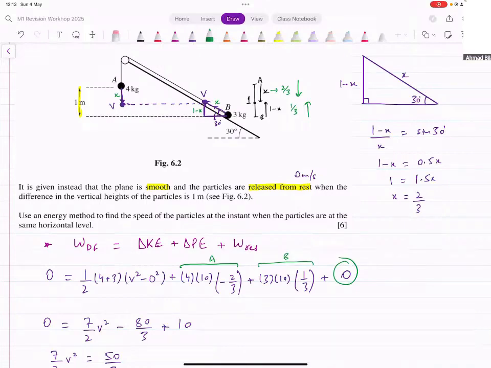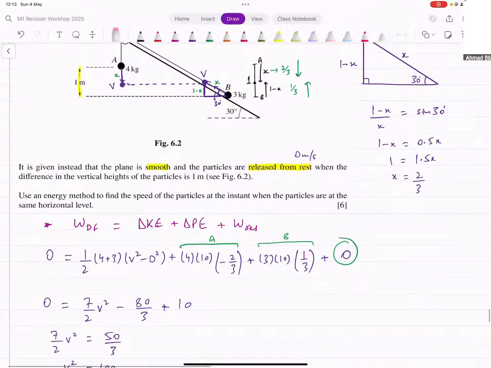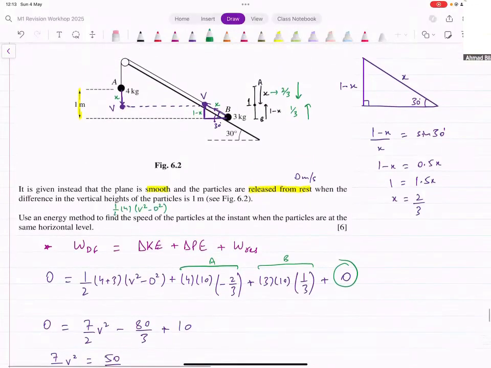Whatever speed A is moving at, B is also connected to that, so B is moving at the same speed. So we can consider that together for both of them. If you want, you can also do it separately. You could also do half into 4 into v² minus 0² for A, and then half into 3 into v² minus 0² for B separately. That will work. But since the speeds are common between them, we could just combine them in one